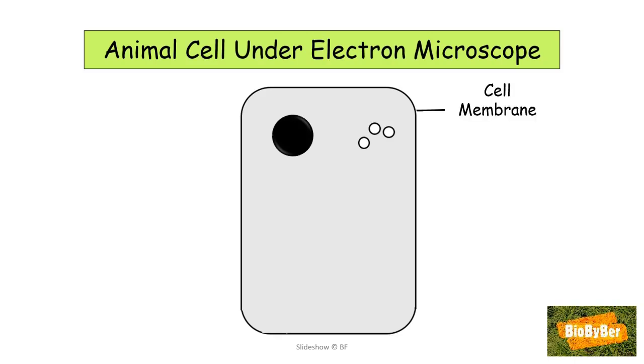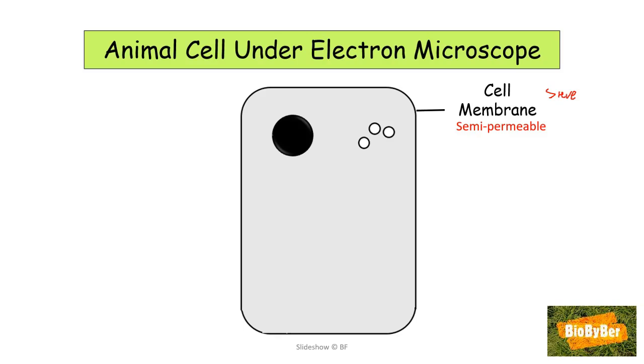We labelled the cell membrane already. The cell membrane is the skin of the cell. It is semi-permeable. It acts as a sieve. It controls the passage of substances in and out of the cell. It will let small molecules or chemicals like water pass in and out freely, whereas it will prevent the passage